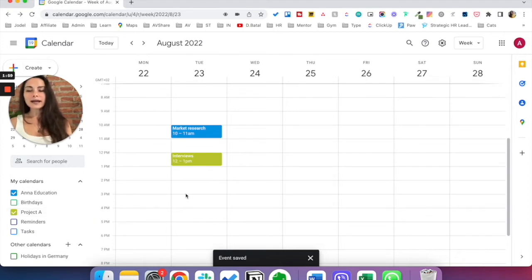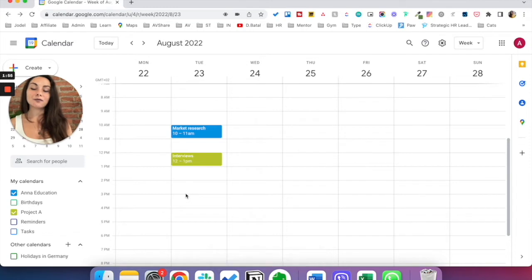Now, what if you would like to have separate days for your project? This is another productivity tip from my side, because if you have the focus on what you are working on, you will not need to switch and jump from one project to another. So it's better to have days if possible, or at least blocked periods of time to work on separate types of projects. For example, if you are working